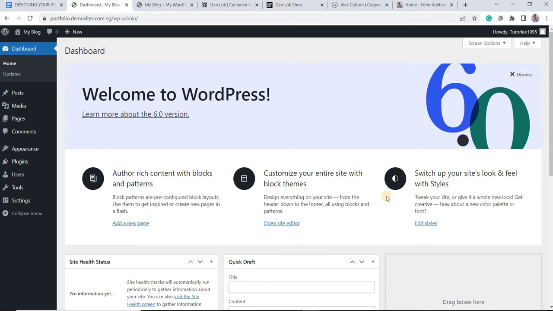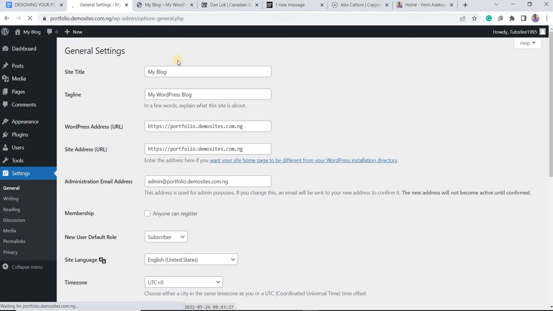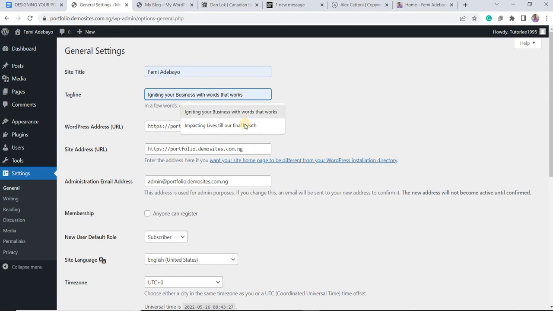So number one, just come to settings and click on general. Now you have to give your site a title. Let's just say my site is Femi Adebayo. Give it a title, maybe your favorite tagline, whatever. Mine is impacting lives till my final breath. Please don't think you can outsmart the system by trying to remove